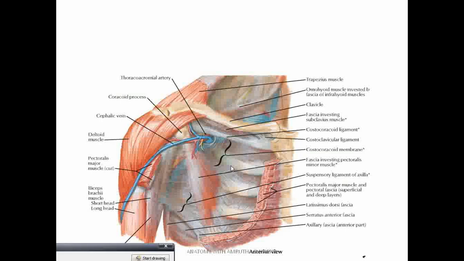A close view of the clavipectoral fascia deep to the clavicular head of pectoralis major. The muscle is cut. The deltoid muscle can be seen nicely, and the other end of the pectoralis major, here the proximal end, and some structures can be seen piercing the clavipectoral fascia in this area.